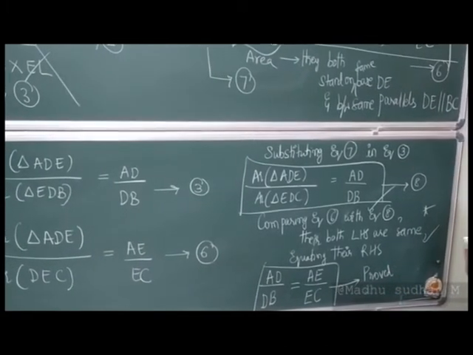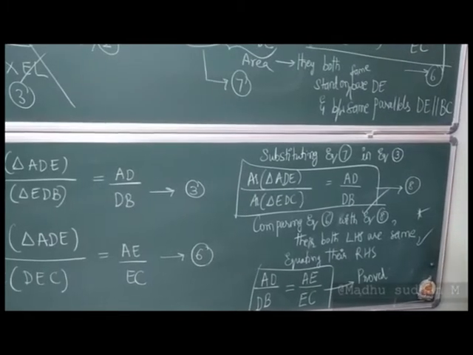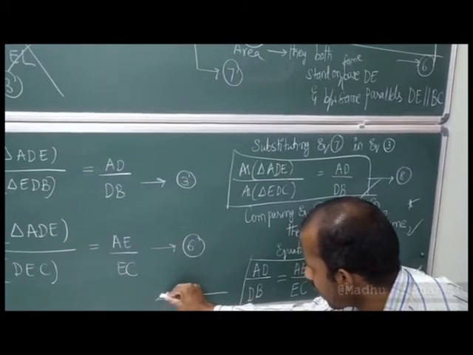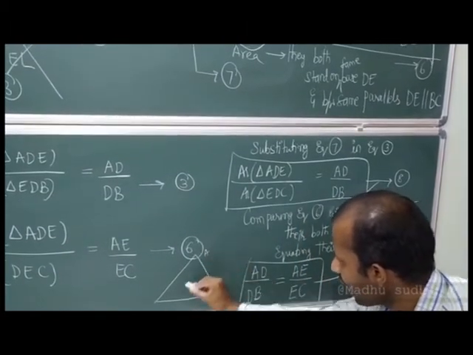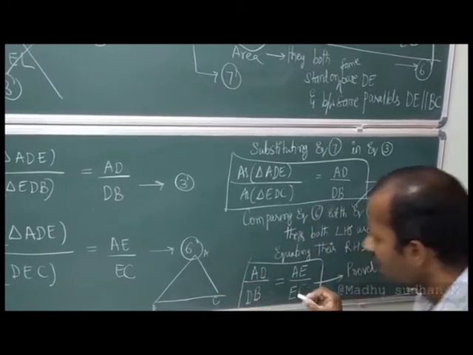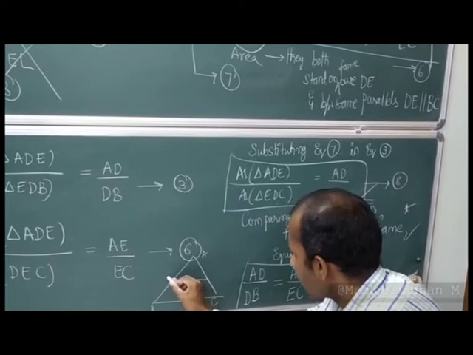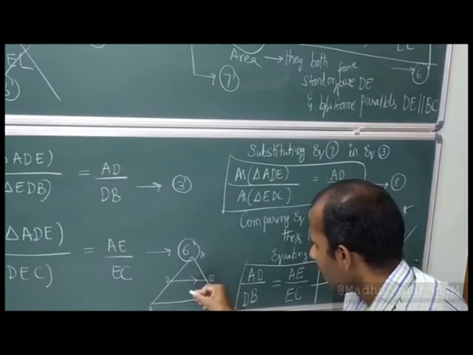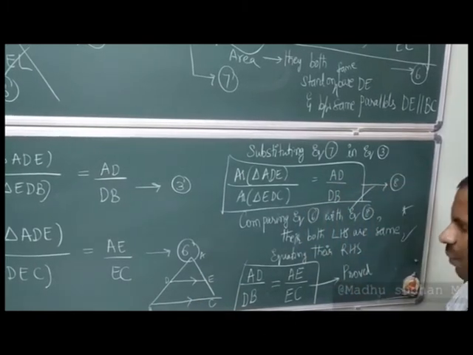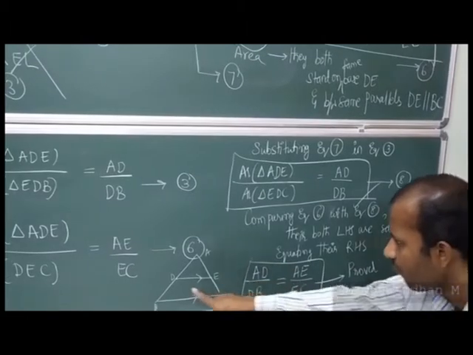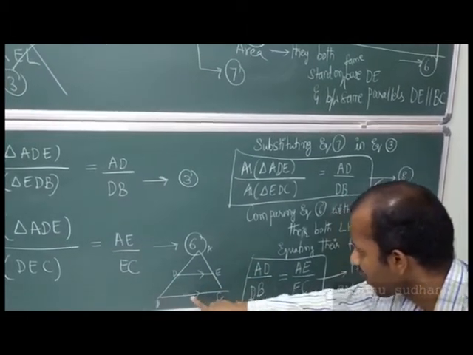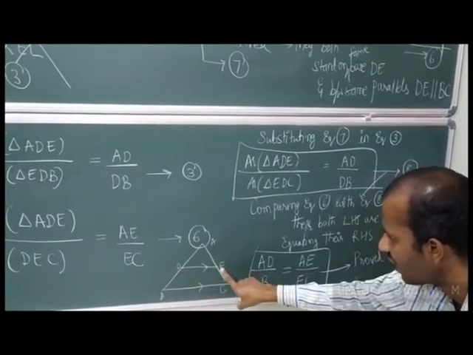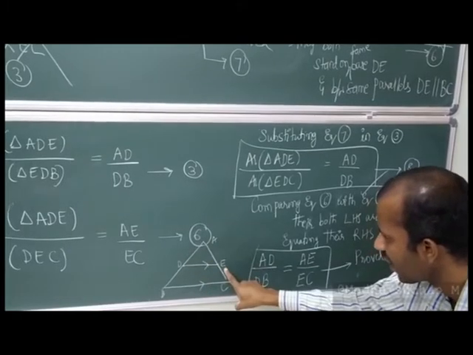Followed it. Now if I draw the diagram here, this was the diagram we had. This is A and this is B and this is C, right? And we have a line parallel. So this is D and this is E, right? This line is parallel. Coming to the statement of this theorem: if a line is drawn parallel to a side of a triangle, then this line intersecting at distinct points D and E divides the other two sides in the same ratio.